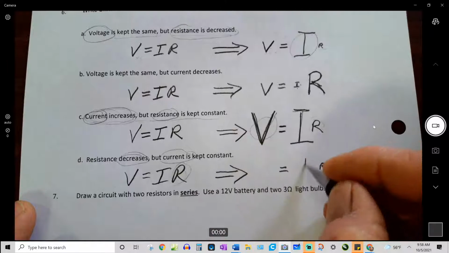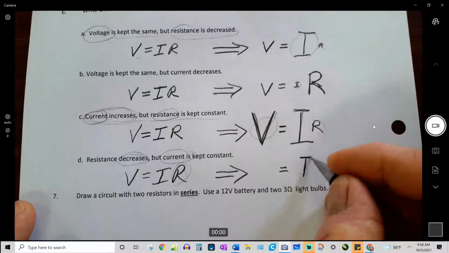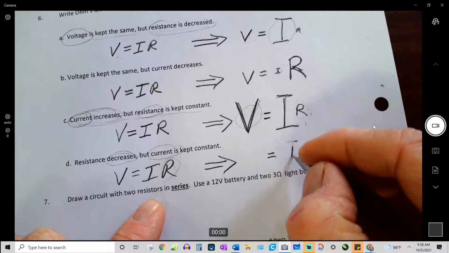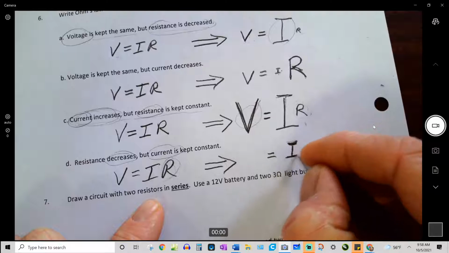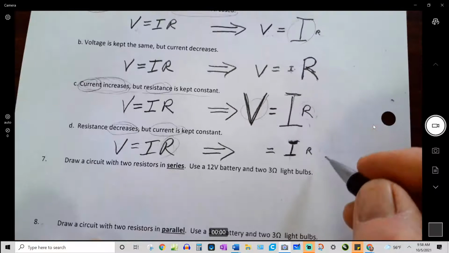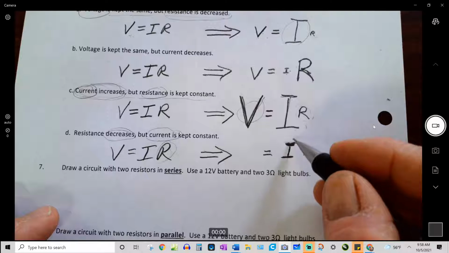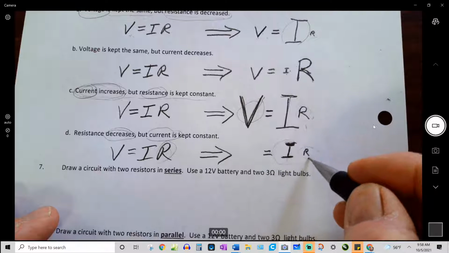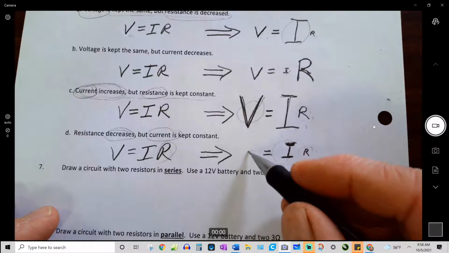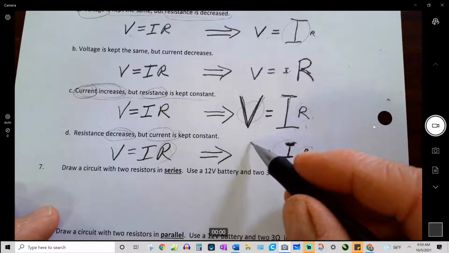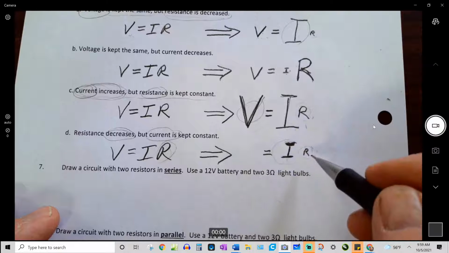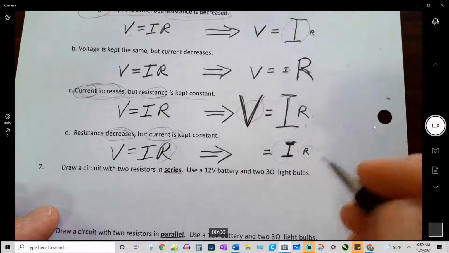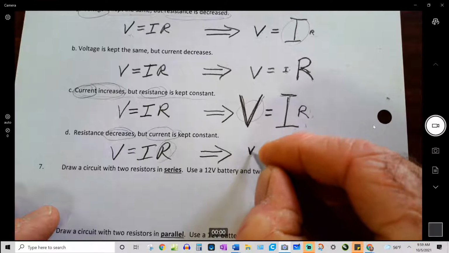Current is kept the same. So I'm trying to make I made the I a little too big. The I should keep the same size. All right, that's about the same size. So I've got the same flow as before, but I've got less resistance now. So what kind of push or what kind of pressure does that require if I've got less resistance but no more flow than I had? Less, yeah. So if I kept the same voltage,